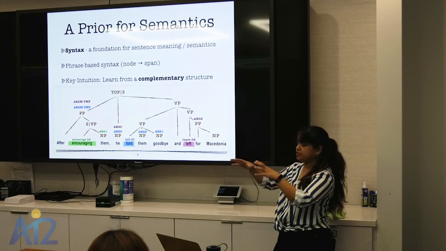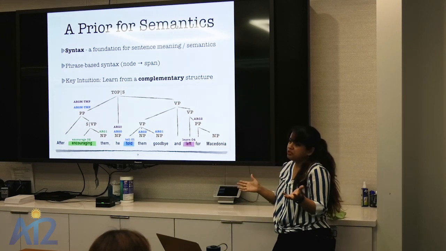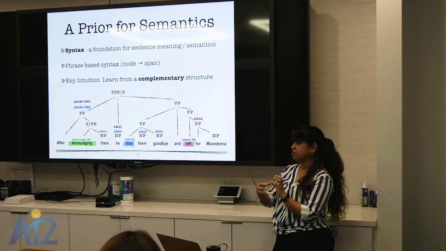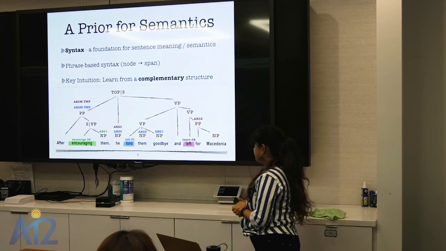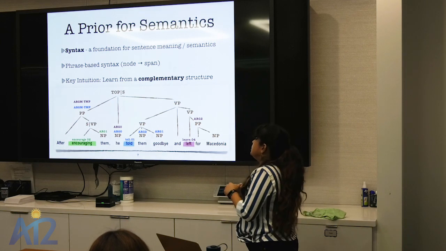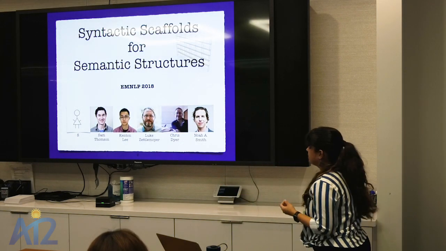So, and everything needs to order up into a beautiful tree. But we don't care about that. We only care about parts of the tree which correspond exactly to the semantic arguments and predicates we are interested in. And this intuition that we don't need the entire tree leads to the first work that we did